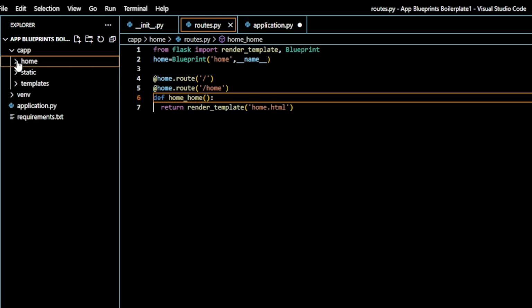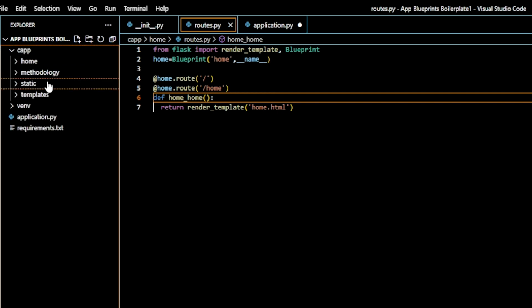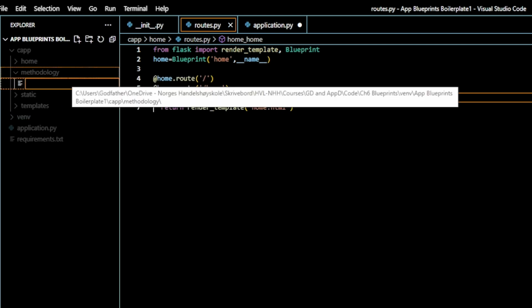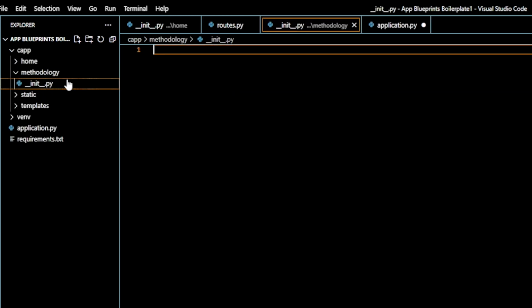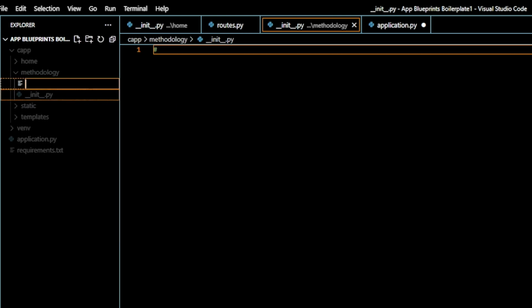What we need to do is the same thing for the methodology and for the Carbon app. So I go again here and I create a new folder that is going to be methodology, and inside the methodology basically what we have to do is create a new file that is going to be init.py, and inside here we create this, we save it, and now we are going to create a new file that is going to be